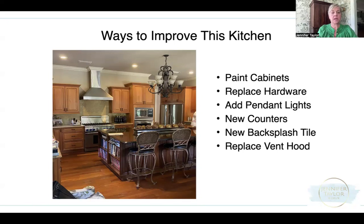So I would suggest that maybe doing a polished nickel or stainless steel hardware would be better because it kind of works with the appliances that you already have. The third thing I would suggest is take down that huge chandelier that's hanging over your island and replace that